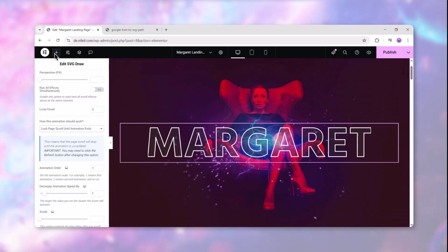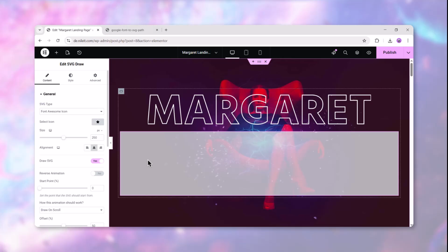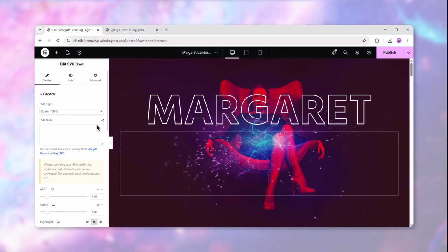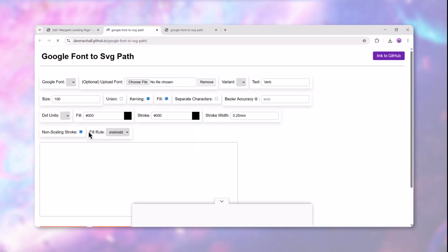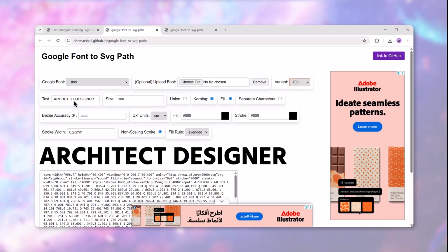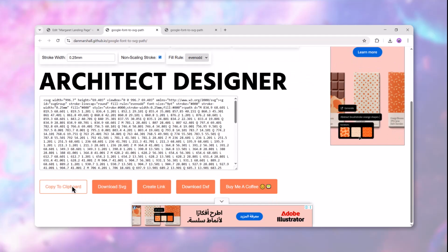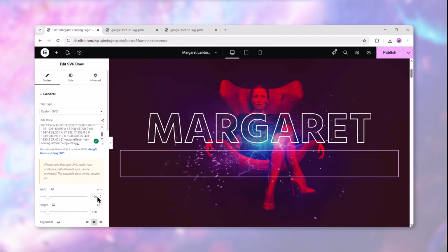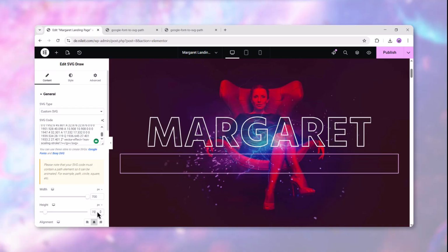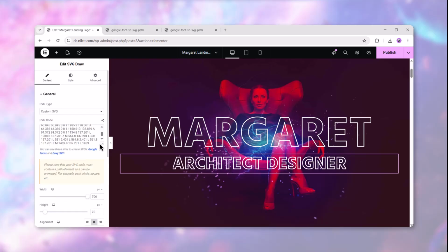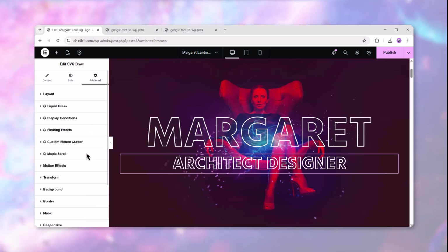For the second text, we'll repeat the same process. Add another SVG Draw widget below the first one. From here, change the type, then go back to Google Fonts and create the text using the same font and sizing style. After that, copy the new SVG code and paste it into the widget. Then, I'll make it a bit smaller by adjusting the width and height so it aligns nicely with the first headline. Next, enable Use with Magic Scroll, then go to the Advanced tab, open Premium Magic Scroll panel, and add